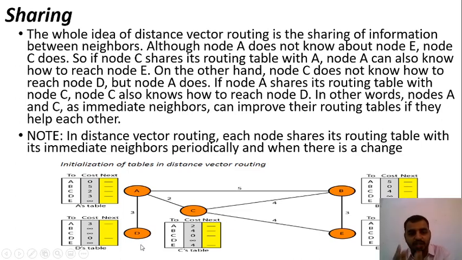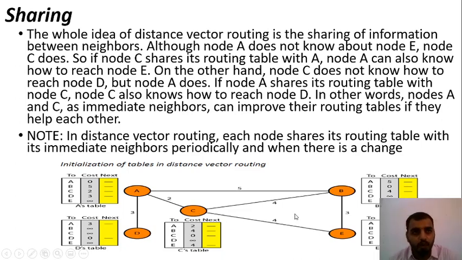Every node will share its information with the respective nodes, so that every connection is connected with one another. Consider, if router A wants to communicate with router E, what is the path that it will take? Either A to B, B to E, or A to C and C to E.